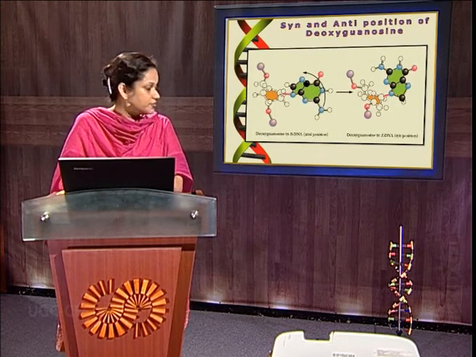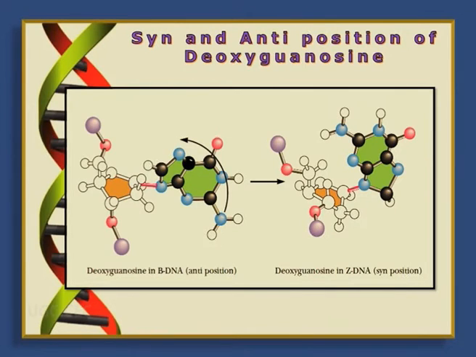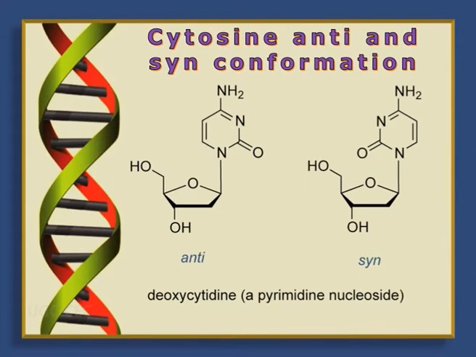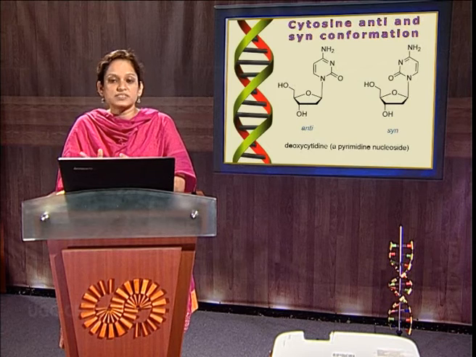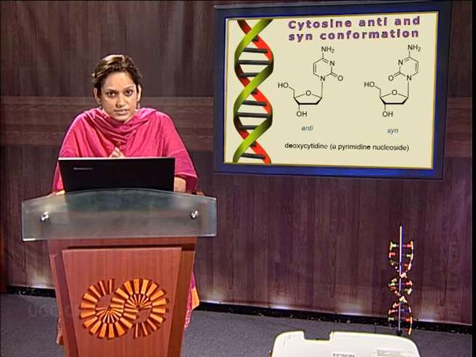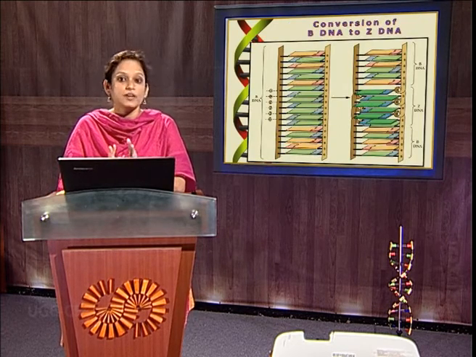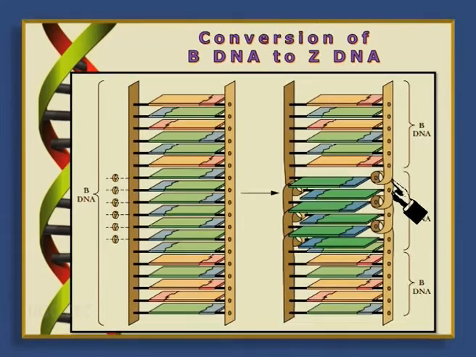If we look at this diagram, we can see that since the guanine can take up both anti and syn conformation, in Z DNA it takes up the syn conformation, and since the cytosine has to remain hydrogen bonded with guanine, the cytosine cannot take up the syn conformation. Now, as a result, the whole of the cytosine nucleoside flips 180 degrees in order to remain hydrogen bonded with the syn-guanosine, and as a result, there is a folding of the phosphodiester backbone. This diagram exclusively shows the switch from B to Z. We can see here that certain segments of B can switch to Z.